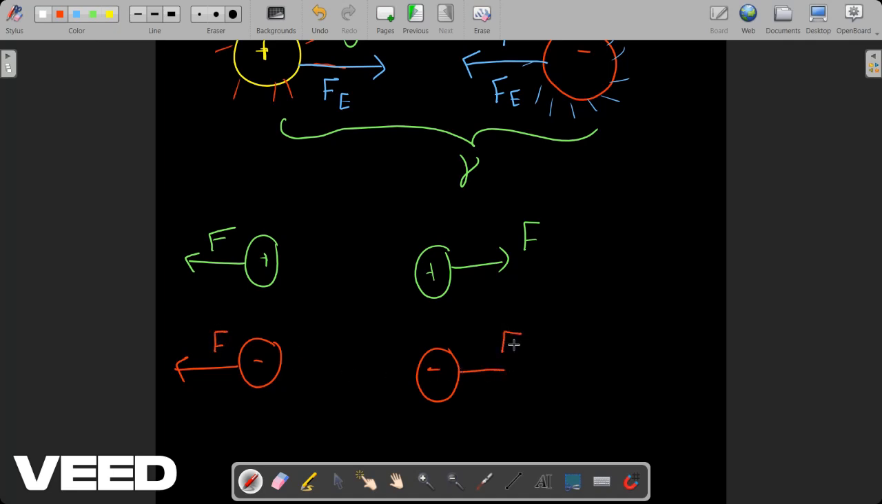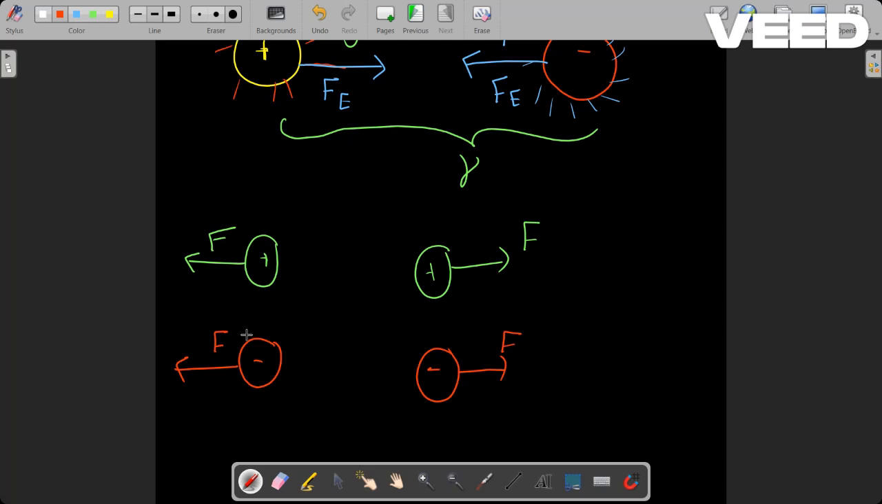So all these attractions and repulsions are due to the electric field they have created because of the presence of a charge. So if an object is having a charge, it has an electric field it has created, and in the presence of an electric field created by another object on that particle,